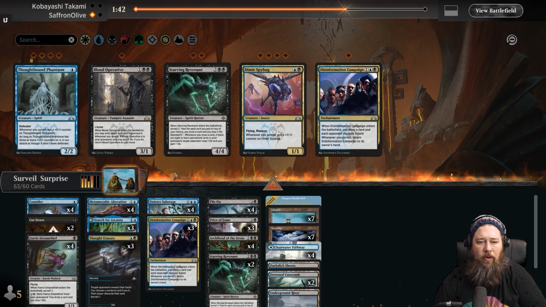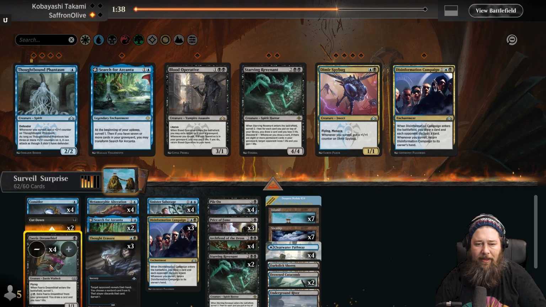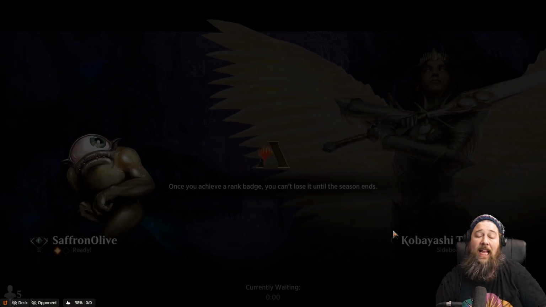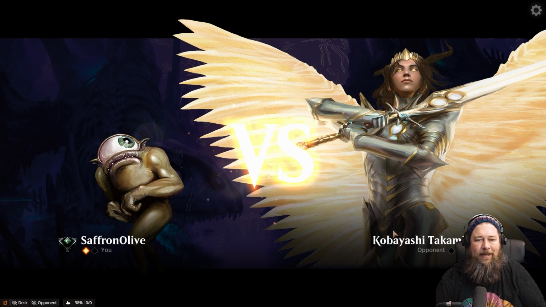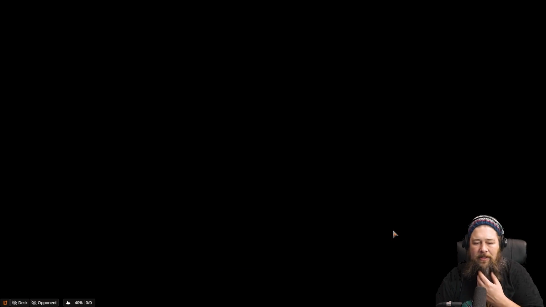So I think we're going full on, take out all the Surveil stuff. We'll keep in the grindy stuff, the Thought Erasure, Disinformation Campaign, but take out all the cheap Surveil creatures and try to see if we can jank them out with the combo. Get him with a surprise. Can we get him with a surprise? But really, this is more...